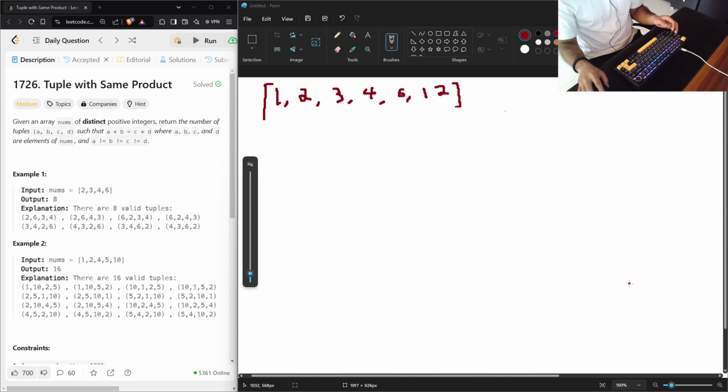Alright everyone, welcome back to day 37 of our daily LeetCode challenge, and today we have got Tuple with Same Product. So in this question they have provided us with an array called nums, and all the values in